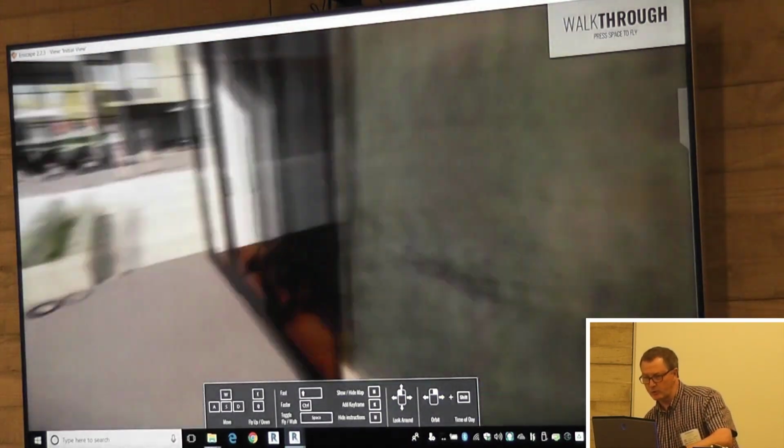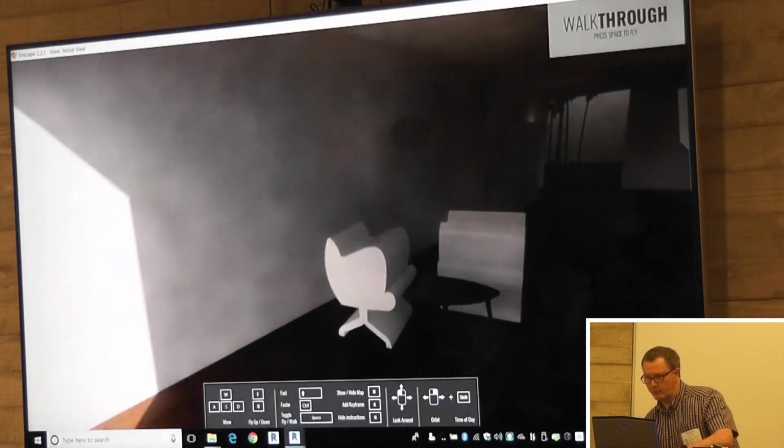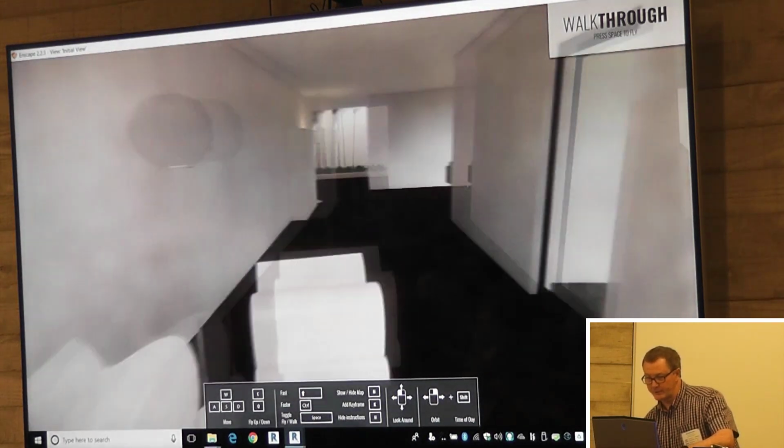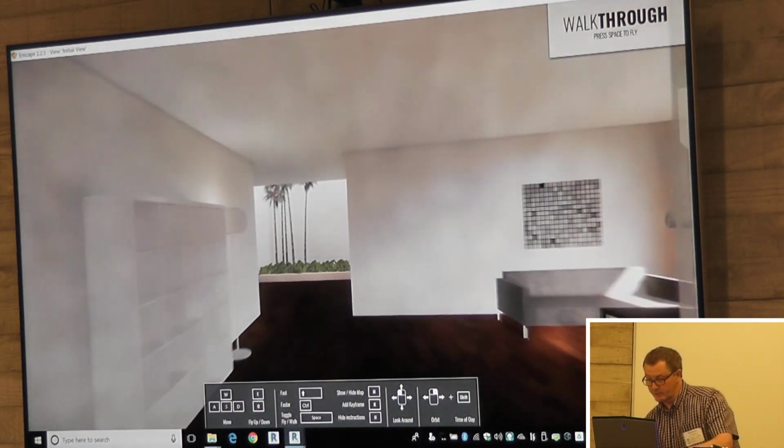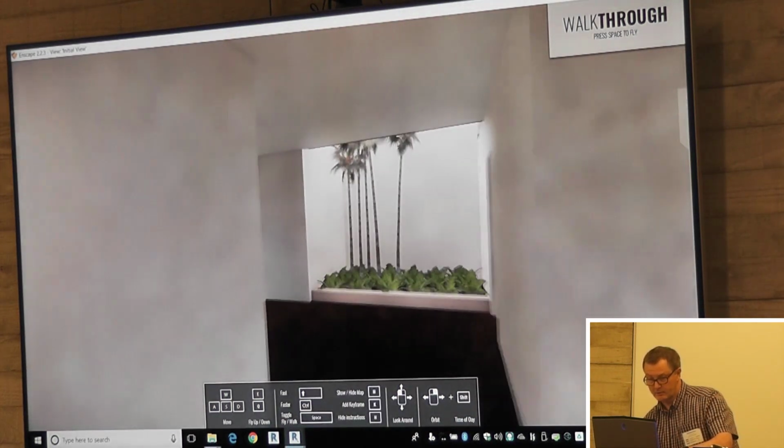If you try and walk through the walls, it won't let you, but it'll let you walk through doors that are shut. As long as they're called doors in Revit, it will quite happily let you through there. So we're just wandering around, and